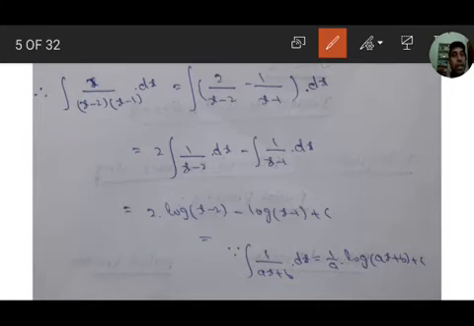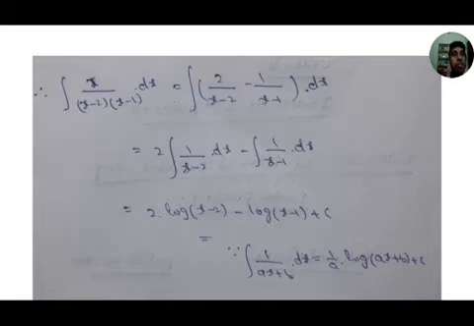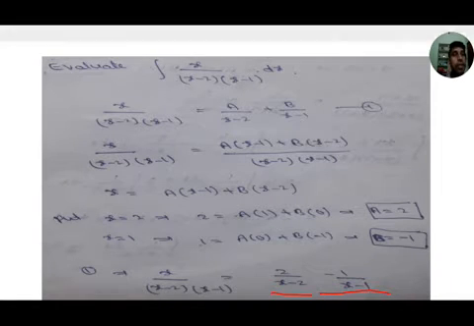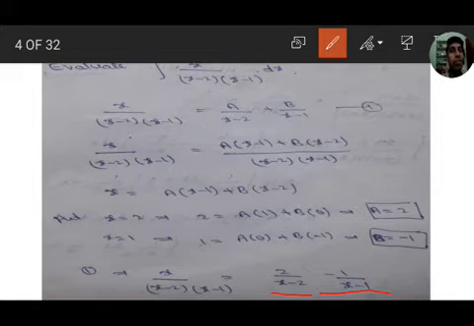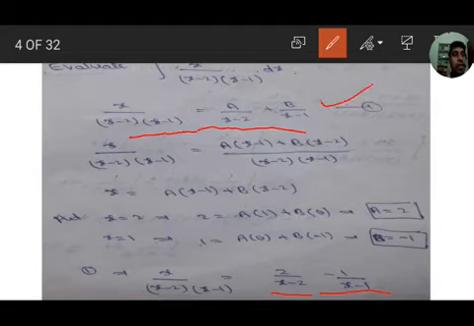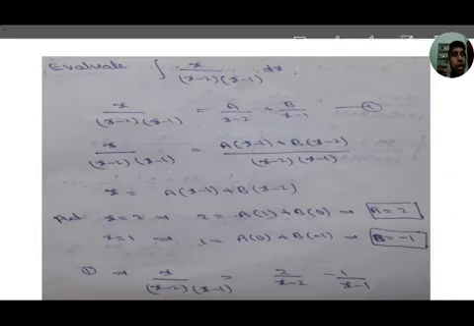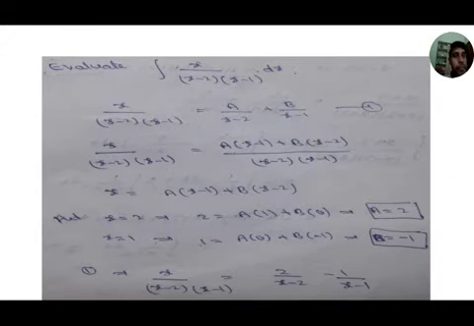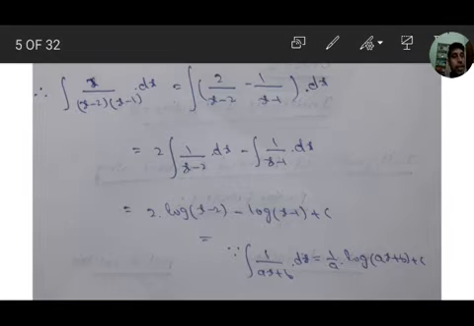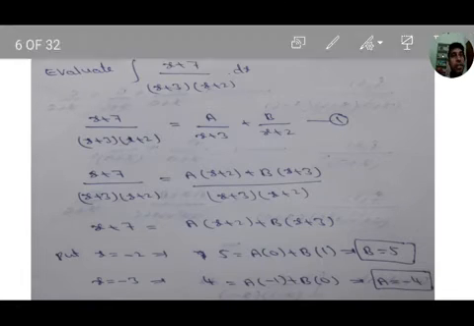Let us move to the next problem. In this problem, first we have to convert the rational fraction into partial fractions and find out the constant values, a value, b value, and substitute in this and then integrate. Very simple, it is simplified. Next, second problem,